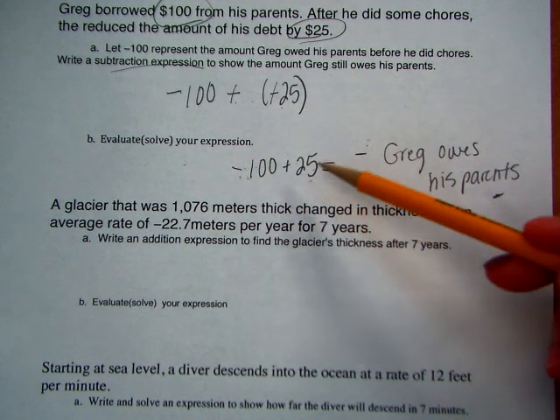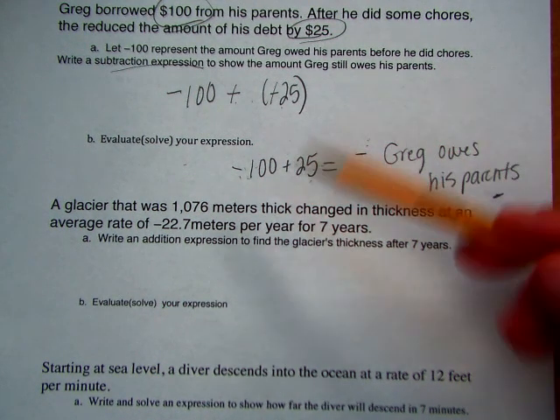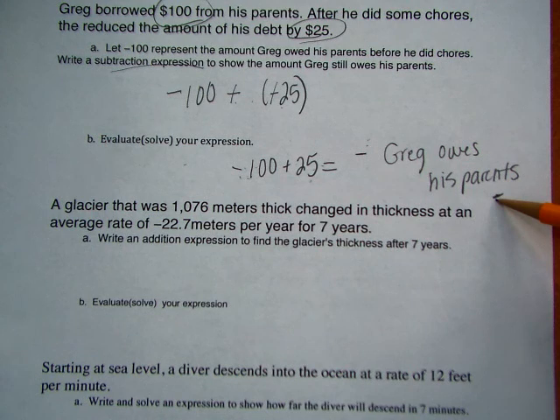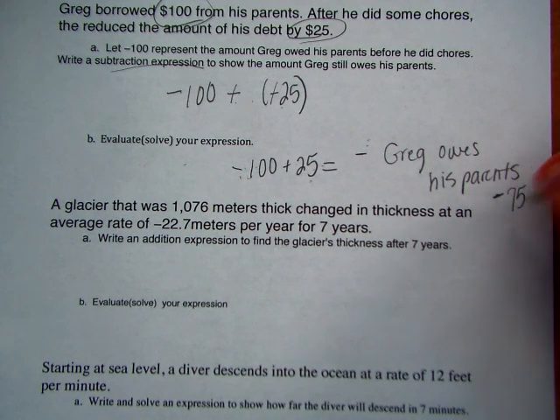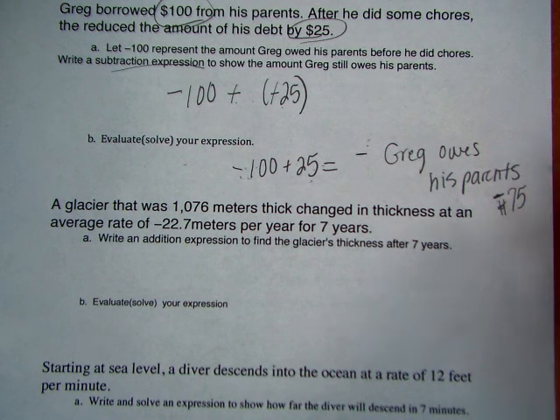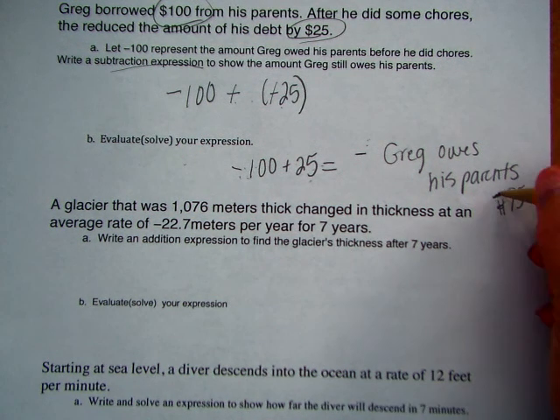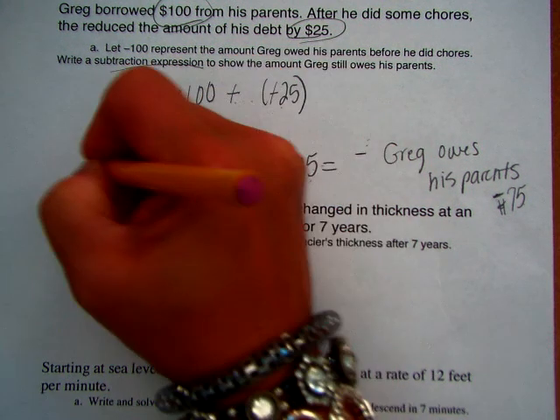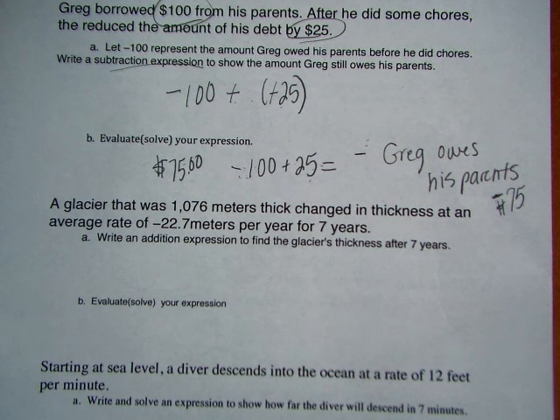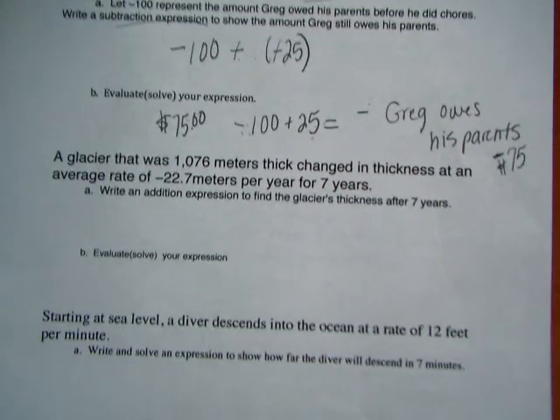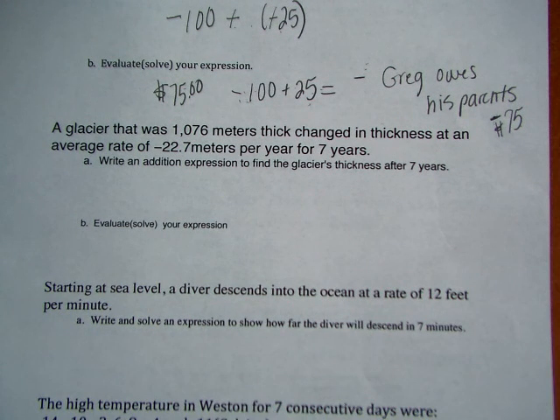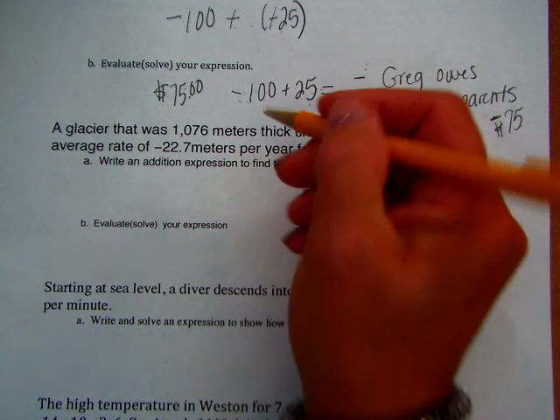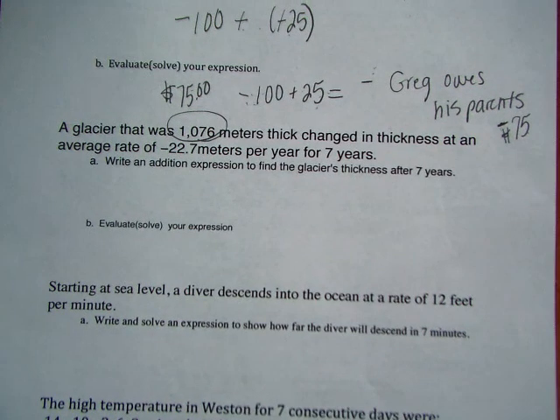So keep the sign of the larger number and subtract. The larger number's on 100, so I keep the negative sign. And then when I subtract, he owes his parents $75. Okay? So you just leave it at that. He owes his parents $75. And even though it says negative, that's because he owes his parents $75. So you can just write that he owes his parents $75. Okay? All right. A glacier that was 1,076 meters thick, and remember we like you to circle the numbers, changed